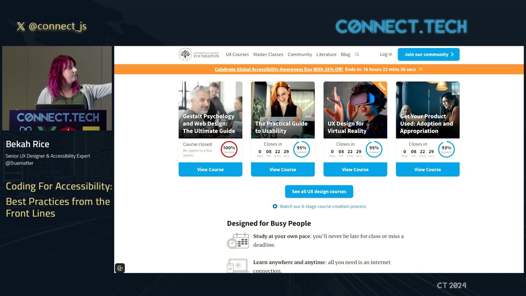The other thing is all of these buttons are coded in an accessible way. They have an ARIA label that points back to the name of the class. But for me, as someone that can see, they say view course, but I have to actually see the course name up here on top of this image. And it's a little hard to scan this and quickly see what course I'm looking for because I'm also dealing with all of this motion and movement.